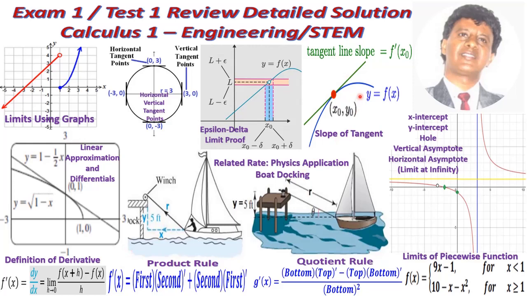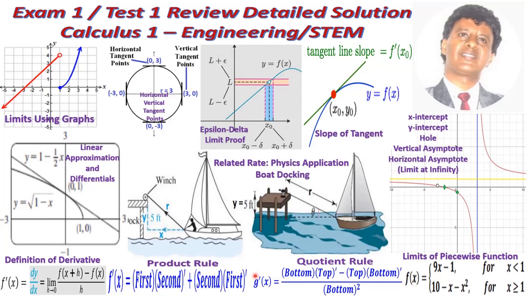We'll also find the slope of the tangent of the derivative, the equation of the tangent, and also find the horizontal tangent points. Then we'll apply product rule, chain rule, and quotient rule to find the derivative of some complex functions. Then also we'll do a combination of product rule, quotient rule, and chain rule to find the derivative